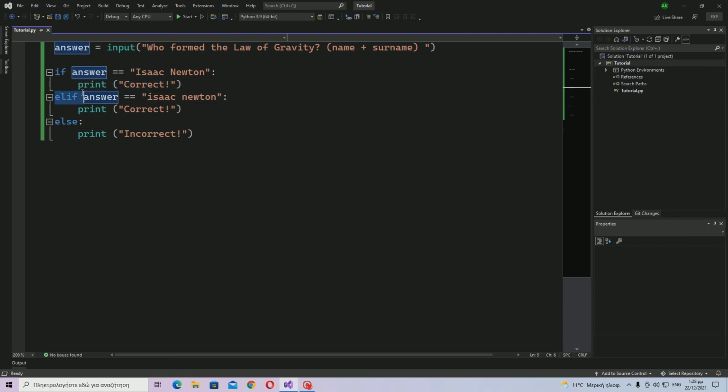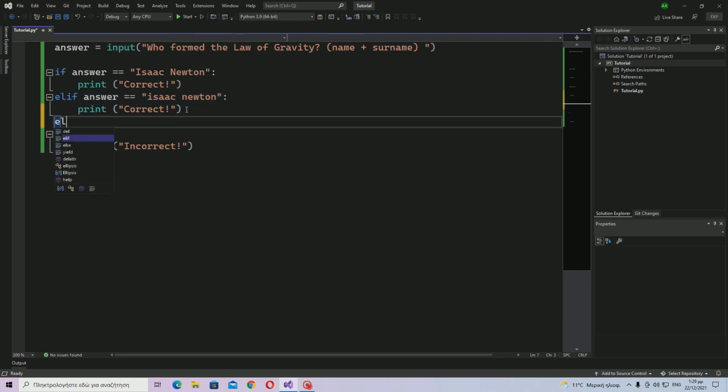So elif is basically something like, if you come from C, it's else if. Now it is elif. It's like a second if, but we just type in elif. So now it checks if that's the case, and if that's not the case, we move on to the next one, and if this is the case, it's correct. But if this is not the case, I can add a bunch of elifs here. I can add an answer is equal to Isaac Newton,